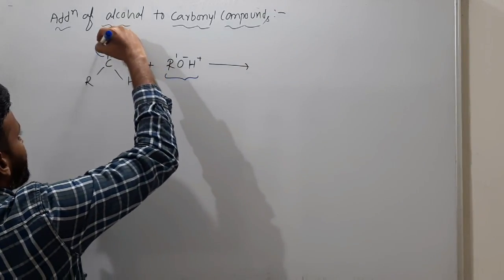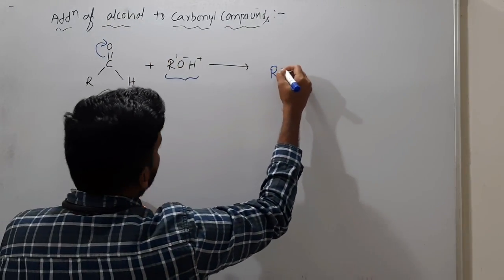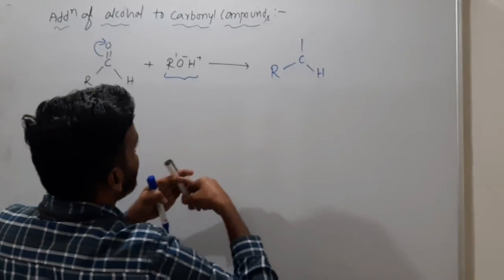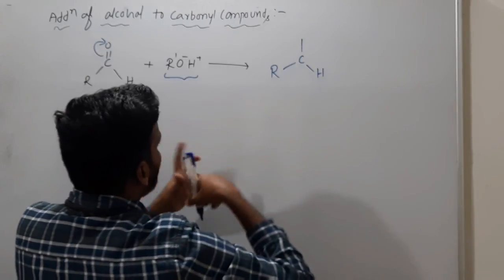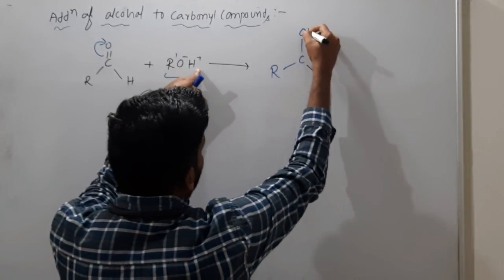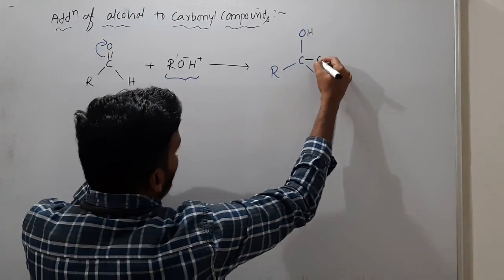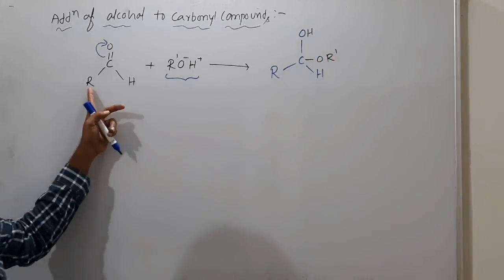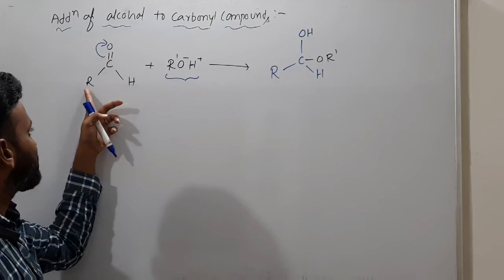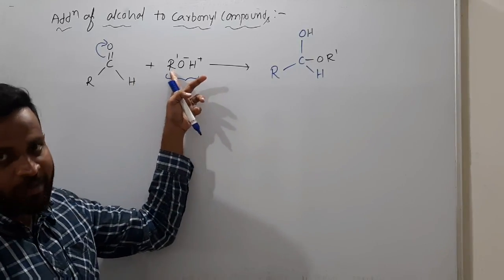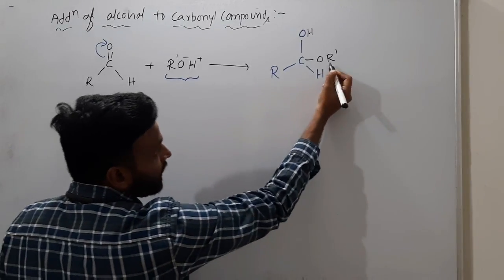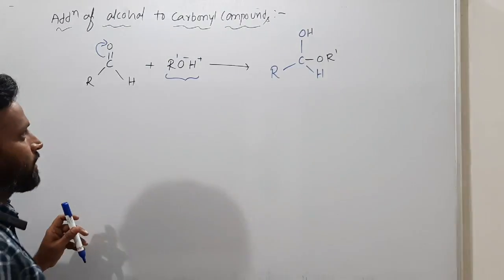So if this bond is migrating towards oxygen, certainly you are having R and C and H, and here you are having two things. One is for oxygen: you are having H plus, so OH, and this one OR dash. What is R and R dash? One alkyl group, and this is a different alkyl group. It can be the same alkyl group. Suppose if it is methyl, this R dash can be methyl. So both can be the same, or they cannot be the same.